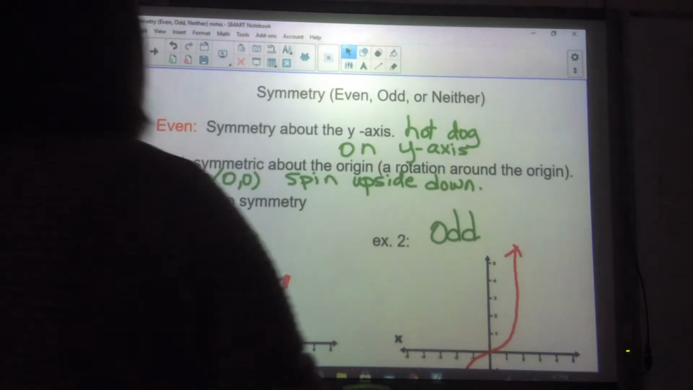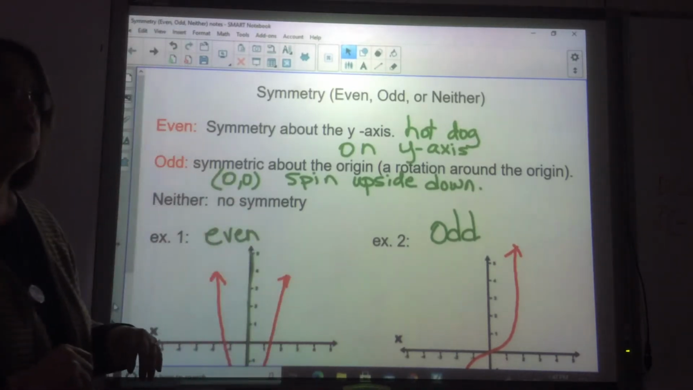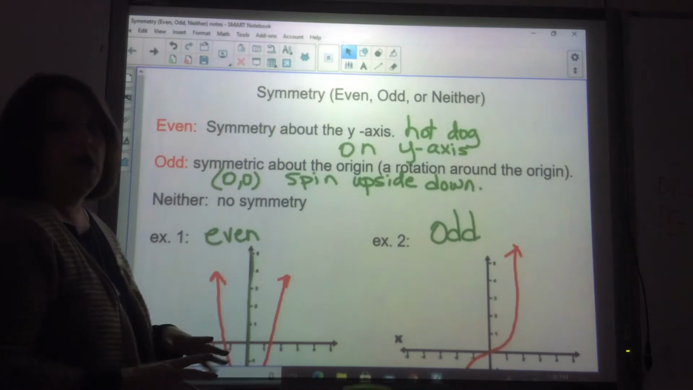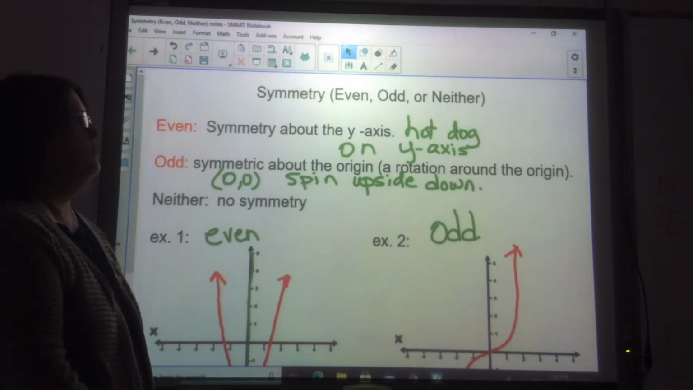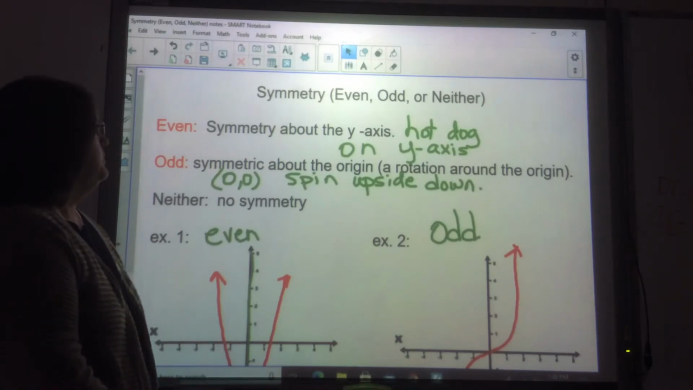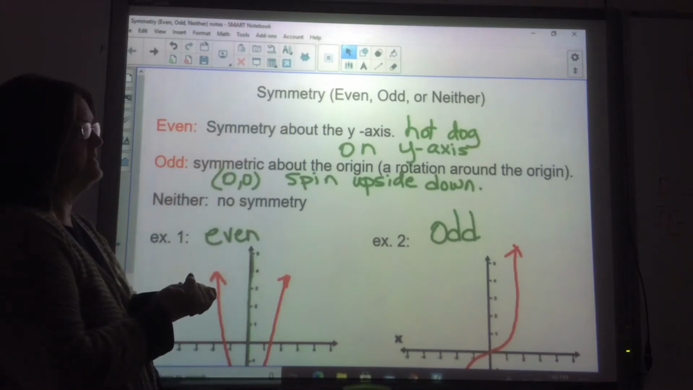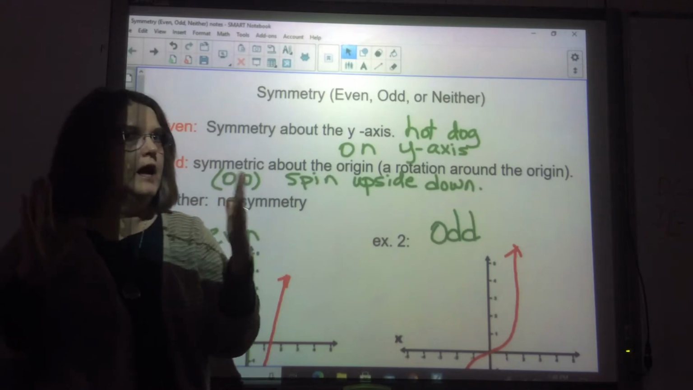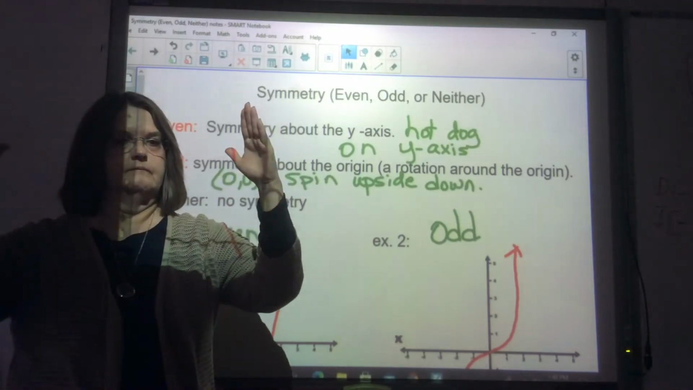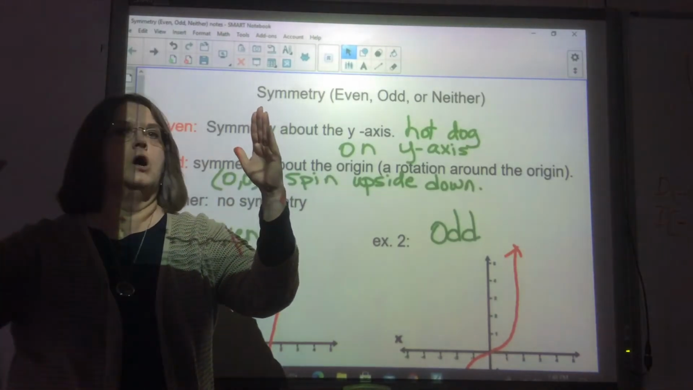Okay, these are notes on symmetry. Is a function even? Is it odd? Or is it neither even nor odd? Symmetry. Even is symmetry about the y-axis, meaning if I took the graph and folded it vertically on the